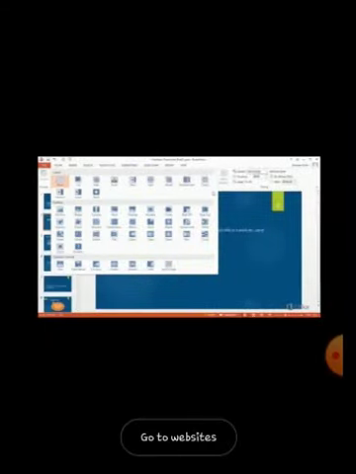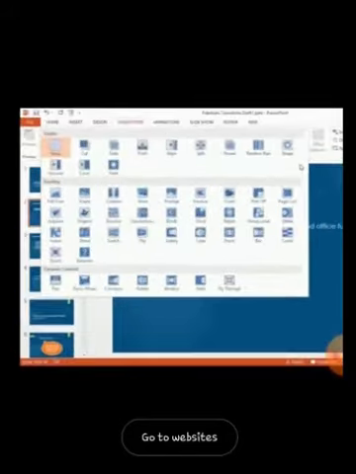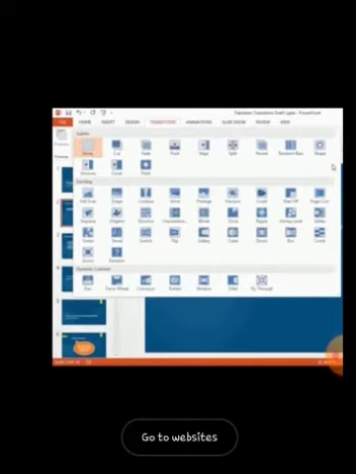The process is the same as removing the animation effect. Here you can remove the slide transition option. For this, by selecting the none button in the transition tab, here you can see the none button at the start. If you click on it, all the transitions will be removed.